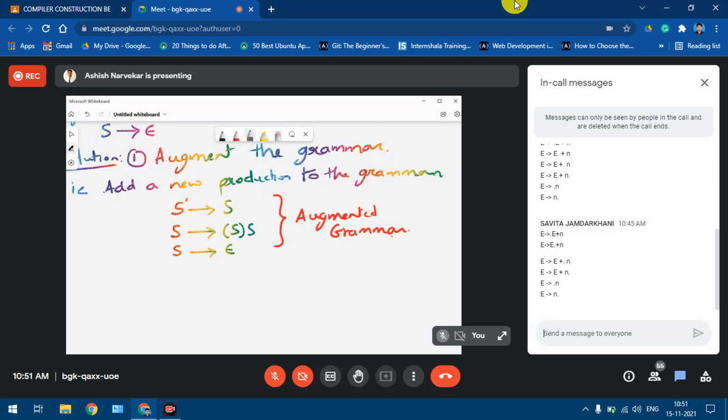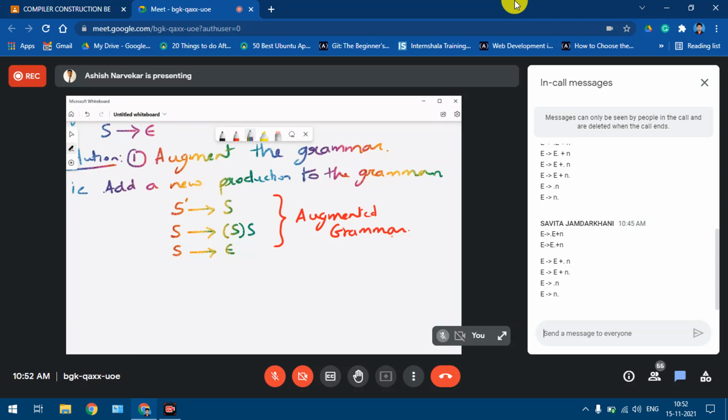We know that there are four actions: shift, reduce, accept, and error. Shift and reduce are the basic actions. Accept is also an action, but once accept is reached, you cannot proceed further, and it indicates that the string has been parsed successfully. In case it cannot be reached, there is an error.